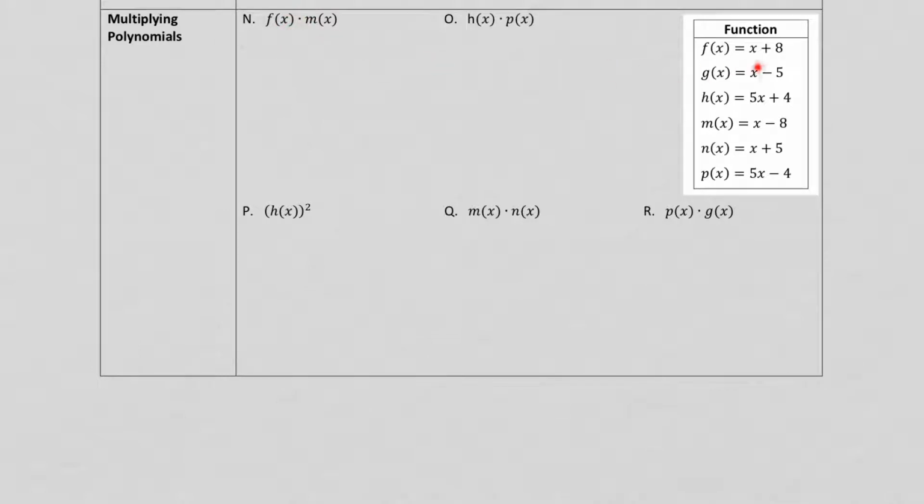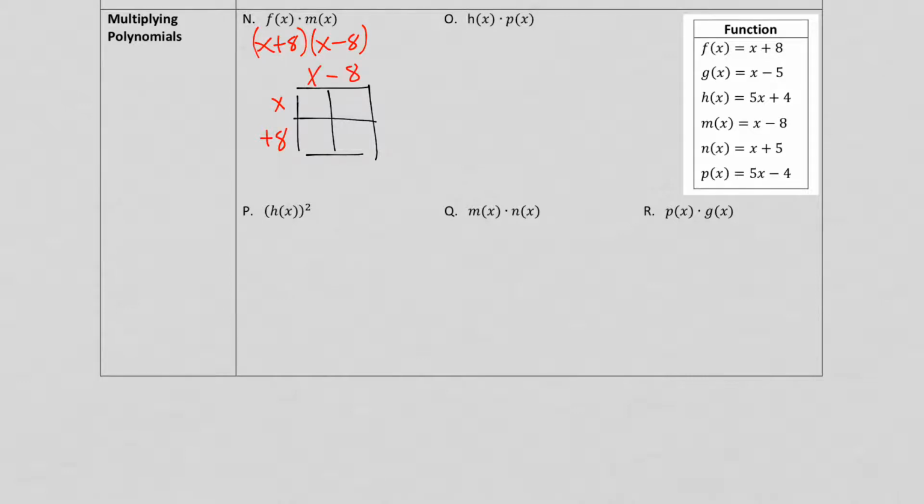So here f of x is going to be x plus 8, so I'll call this x plus 8, times m of x, over here I define as x minus 8. So times x minus 8. Once I have that set up, this is a 2 by 2 problem, so I'll make a box that's 2 by 2. I'll put x plus 8 here on the side, and x minus 8 here over the top, and